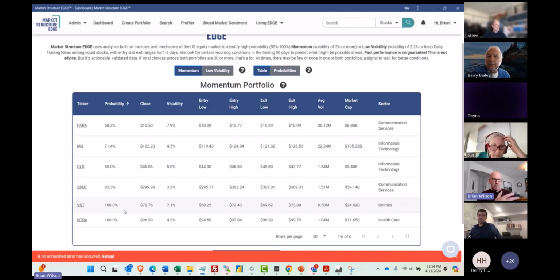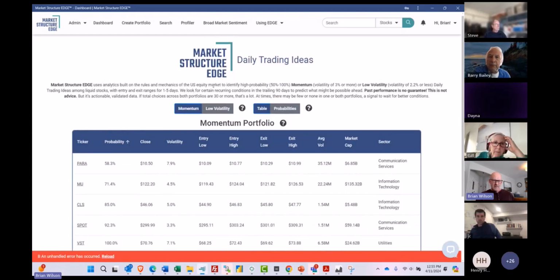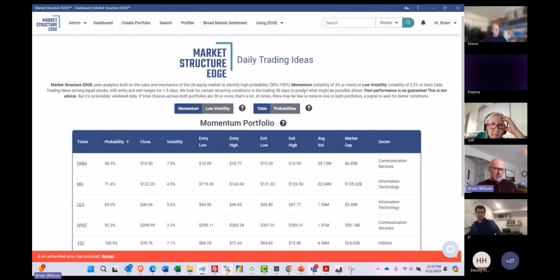There was a question earlier: where does the data come from? What is it measuring? What does 100% actually mean? It goes through it in the explanation itself, but we're looking at conditions over the last 90 days. So for instance, VST, when it had similar supply demand conditions over the last 90 days, if you would have entered during one of these ranges, it gave you that type of gain, in this case with momentum, a 2% gain 100% of the time.